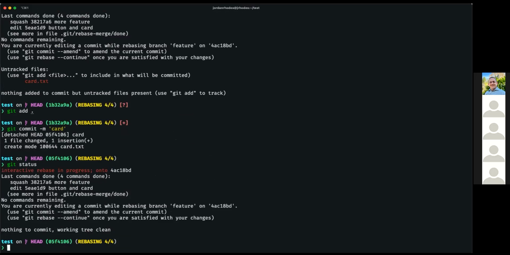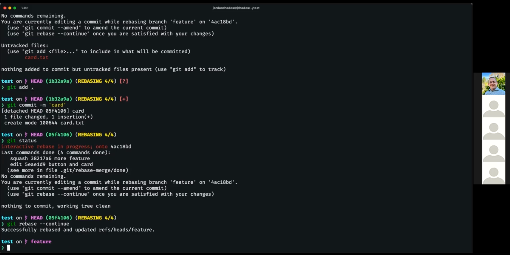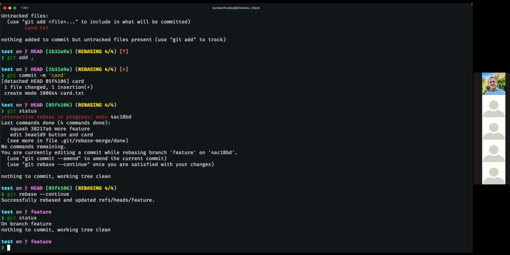Now if I do Git status, it lets me know that I have nothing to commit, my working tree is clean. So at this point I've made all the edits that I want, everything's back to committed, and I just want to continue on with my rebase. Git gives you helpful hints here. So rebase continue, just like it suggested. And now it lets me know that my rebase is essentially done. If I do Git status, I have nothing to commit. I'm just back to a